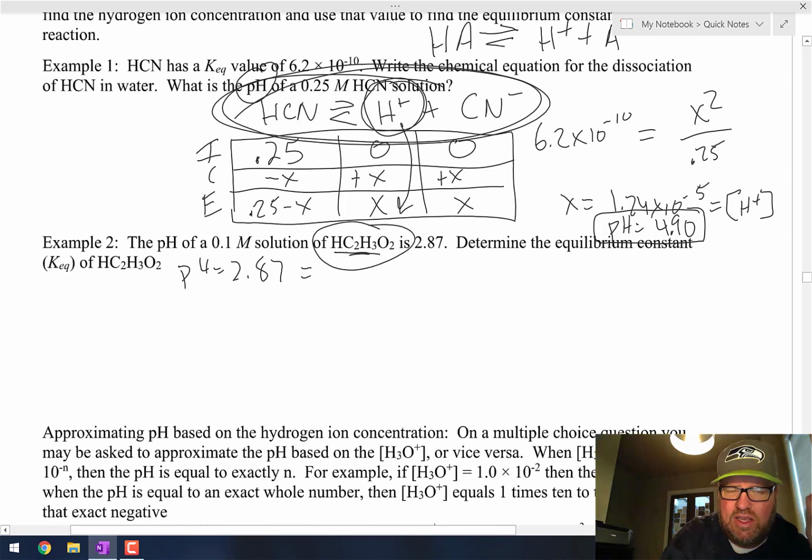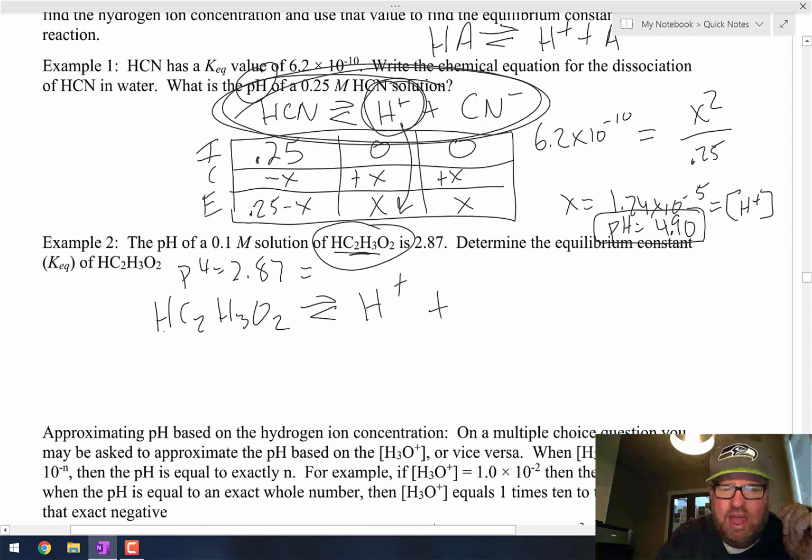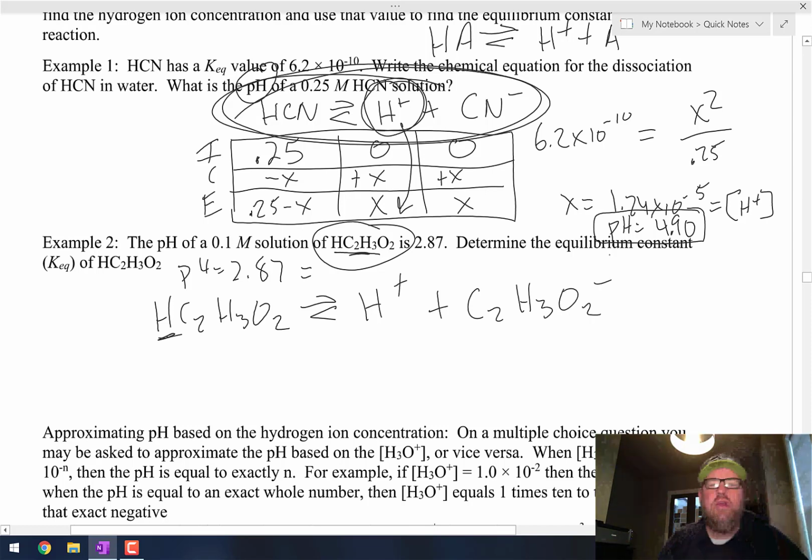If this is the acid, then the equation is going to be HC2H3O2 in equilibrium with, what happened with HCN, same thing is going to happen here. You're going to get the H plus. This comes off, and you're left with this. So if the pH is 2.87, I'm going to take 10 to the negative,